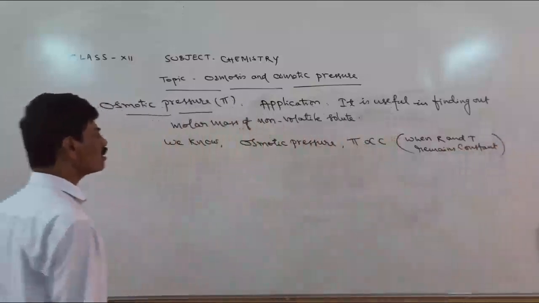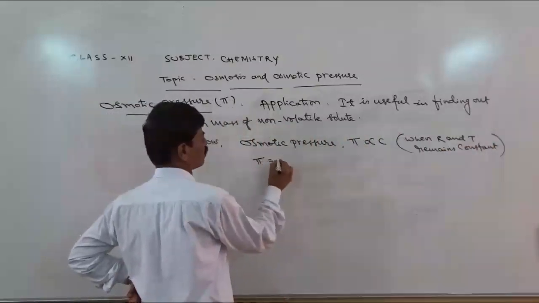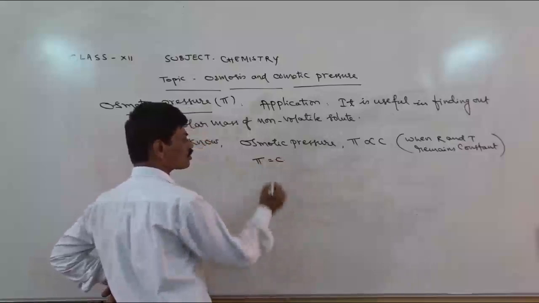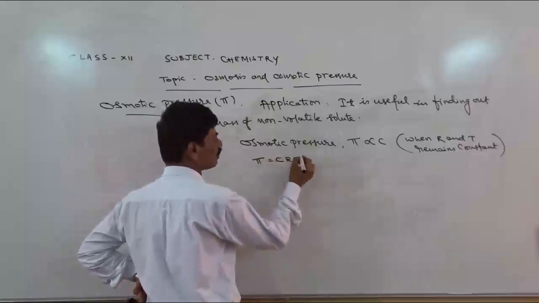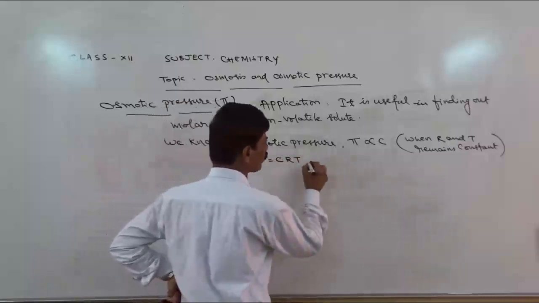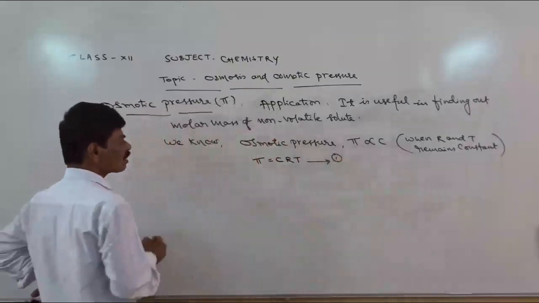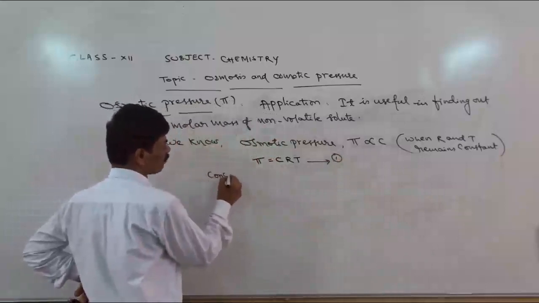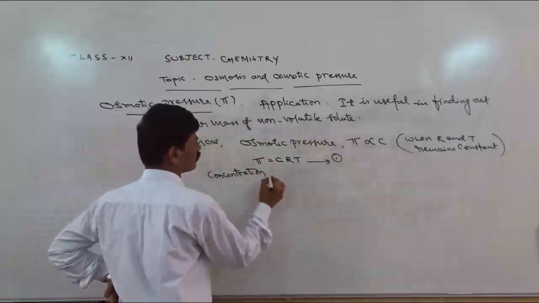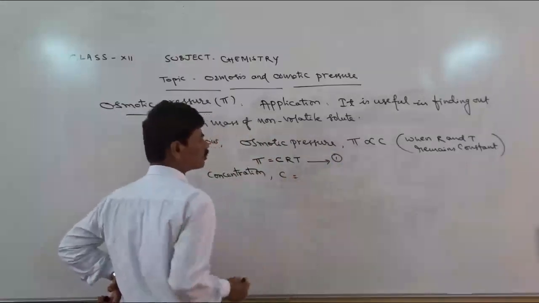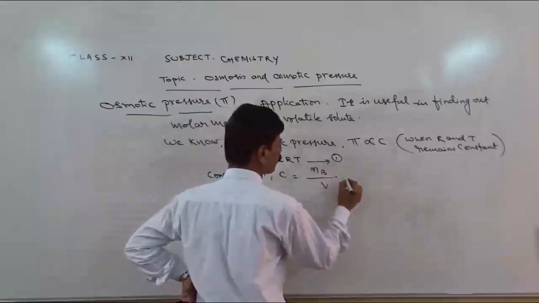When this proportionality mark is removed, then we can write those constants, that is R and T. Let this be equation number 1. Next, concentration C is equal to NB by V,